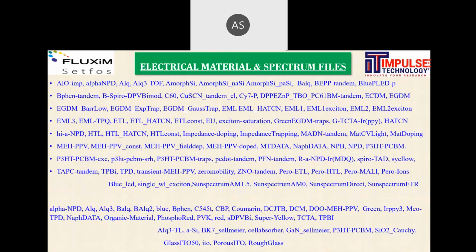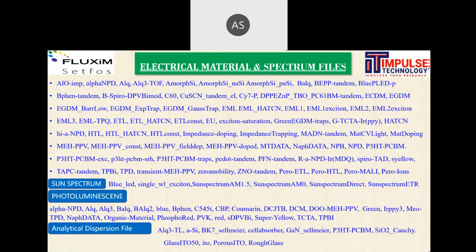Apart from optical data, we have electrical material parameters. Electrical material, in the sense of semiconducting materials: amorphous silicon, crystalline silicon, perovskite, ETL (electron transport), hole transport, P3HT, PCBM, TPD, or whatever the standard materials should be, it is already given in our library.